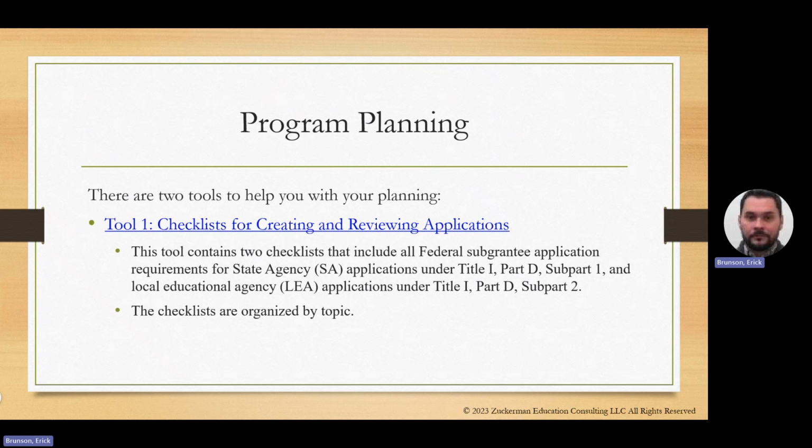So for this one, for example, in this component, as appropriate, a description of the steps participating schools will take to find alternative placements for children and youth interested in continuing their education, but not able to attend a regular public school program. So if that is not appropriate towards your program because everybody is able to attend a regular public school program, then you do not necessarily have to answer that one.